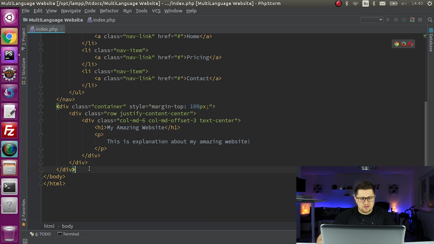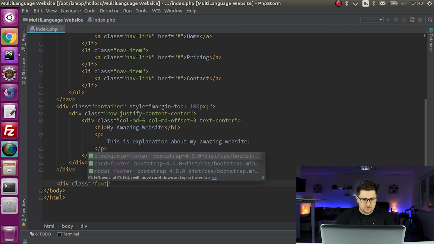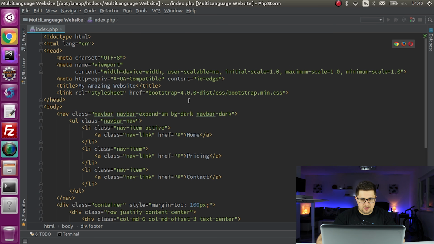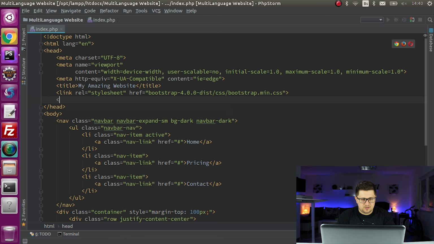And the last thing that I would love to do is to create a footer, and then in this footer we are just going to put the different languages that are available. So we can write it here maybe. So I'll say class footer, and we need to create this class. Okay, and here I will just say English and then Bosnian, which is another option. And then here I will just write